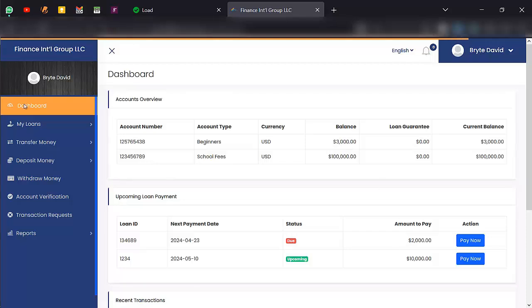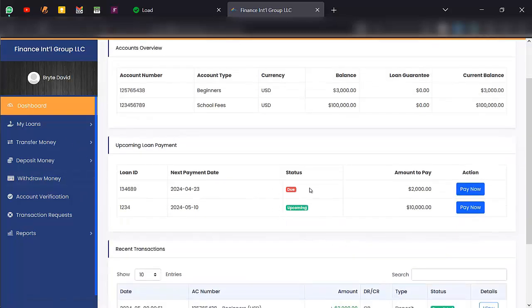Now, in order to pay back a loan, I can choose to pay back the loan from my account. Okay, so I pay back the loan from my account, not through a direct deposit, but from my account balance. Okay, so now I have this due loan right here. Okay, so now let's pay back this due loan